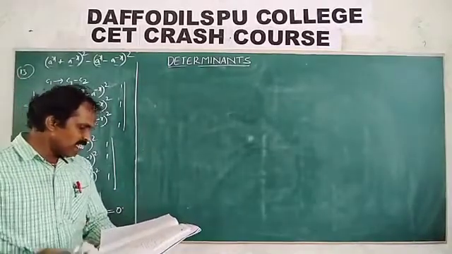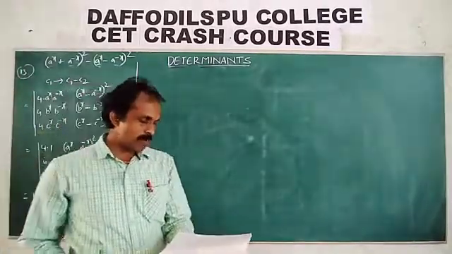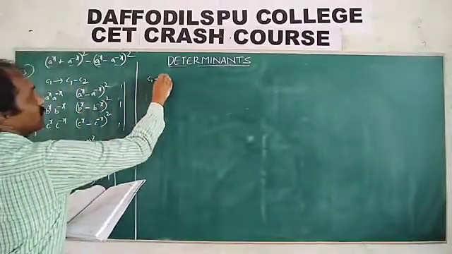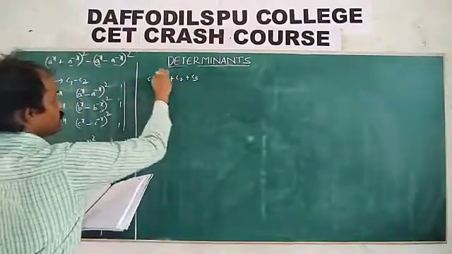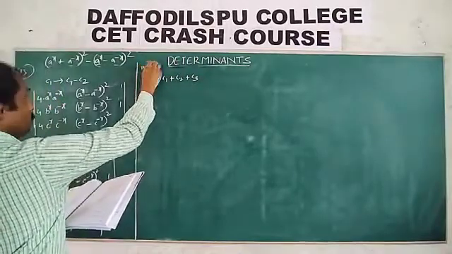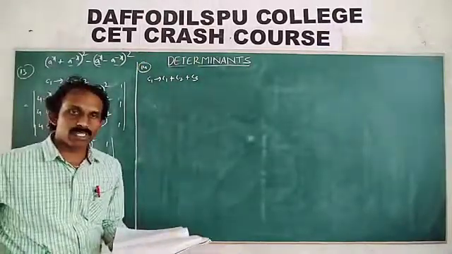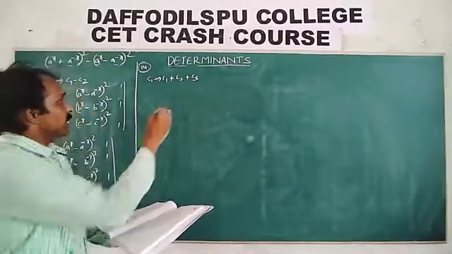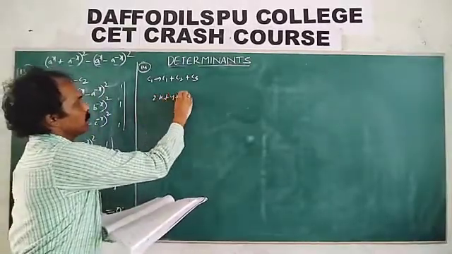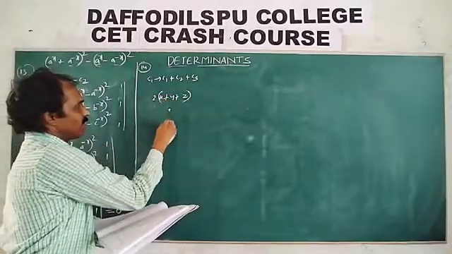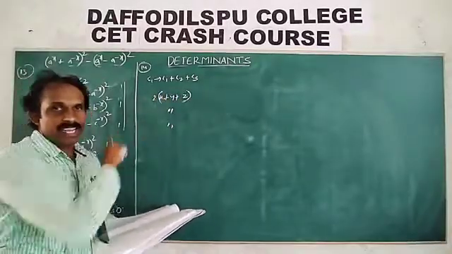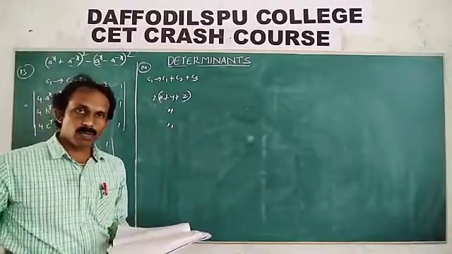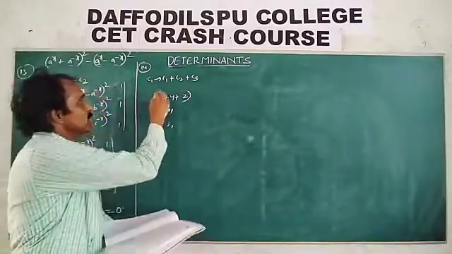Right, next. This also is our textbook problem. X plus y plus 2z, x, y. So apply just C1 gives C1 plus C2 plus C3. Question number 14. Just remember these are textbook problems. What do you get as this answer? 2 times of x plus y plus z in all of the first column. Take it out and the resultant answer is equal to k into x plus y plus z whole cube. There, that is 2.